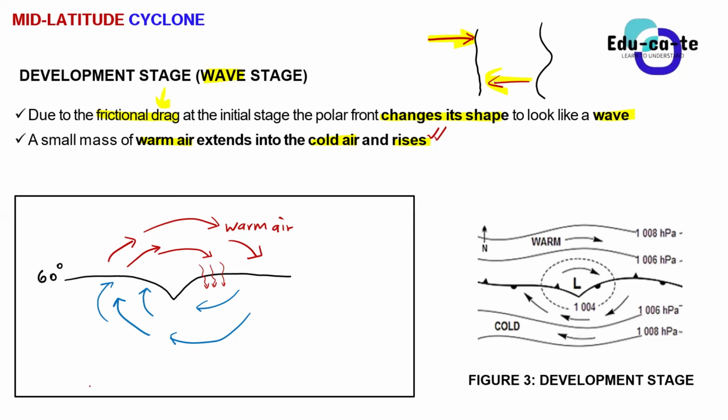So we don't actually draw it, so that we complicate things less for you guys. But don't worry, all the warm air will end up rising at some point. So now, what happens, guys, when warm air rises? What kind of pressure system do we form when warm air rises?